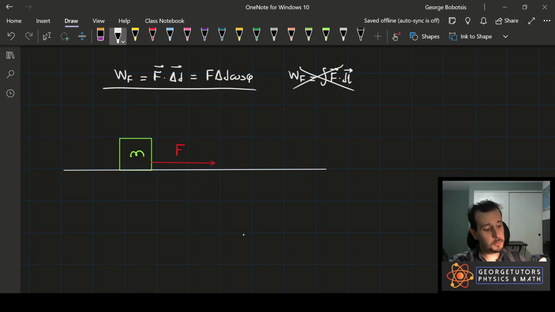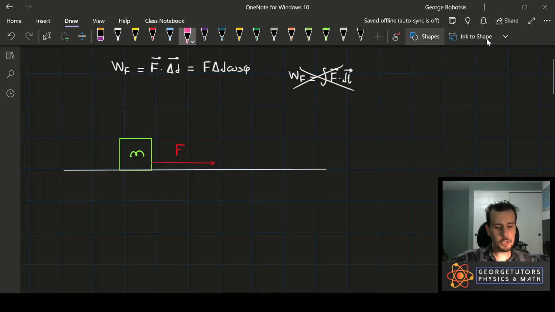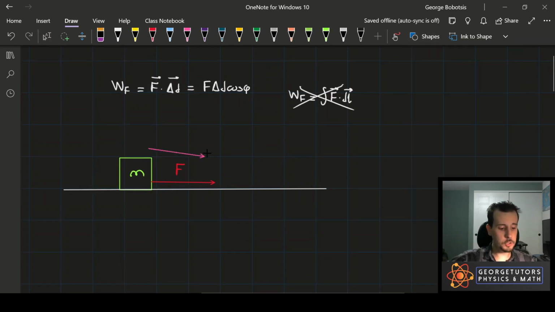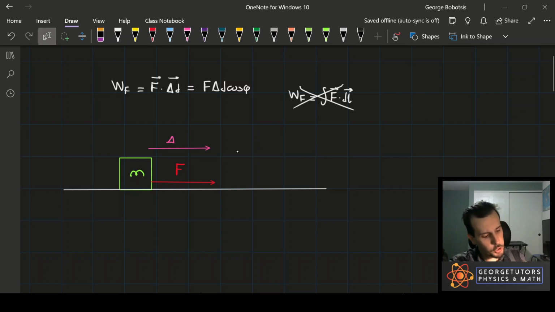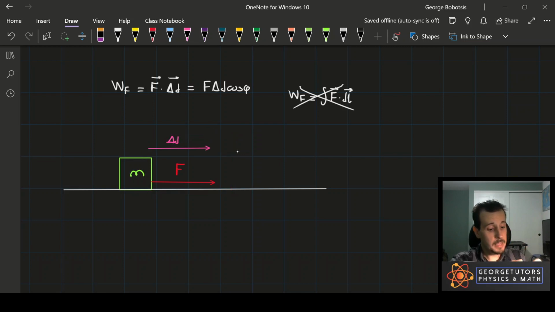Now, focusing on this equation right here, if one was to ask you, what direction right now is this box moving? I have not told you so, and therefore you can't calculate the work done. But if I start off with the example here by giving you this direction, right now you would notice that these two guys are actually parallel, and the angle they make together, since they're parallel, is 0. Therefore, what goes into this phi is 0, and cosine of 0 is simply 1. So you would be able to tell me that the work done by this force is F delta D, and